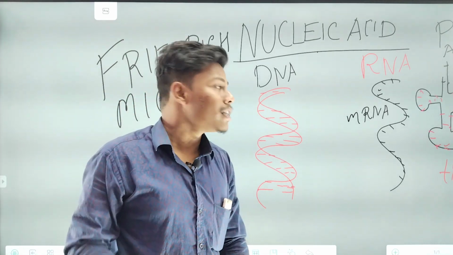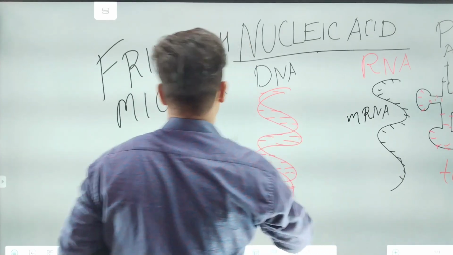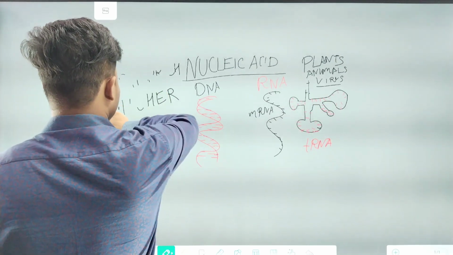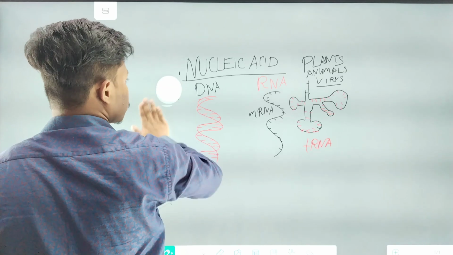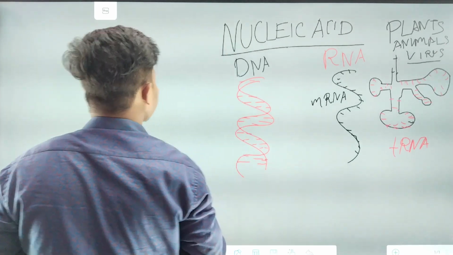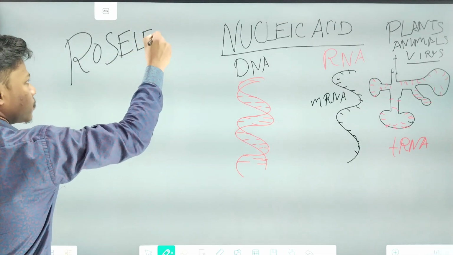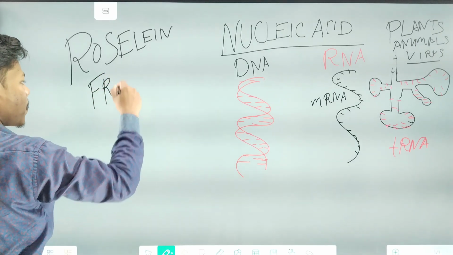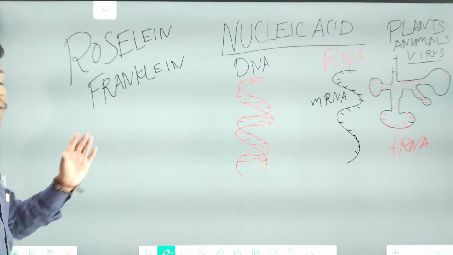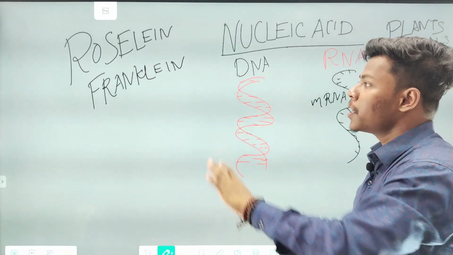Rosalind Franklin discovered this DNA structure, the double helical structure. Let me tell you the name: Rosalind Franklin. She was a lady, and she was a pioneer for the discovery of the double helical structure of DNA. But later on